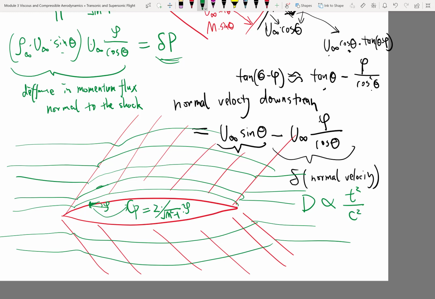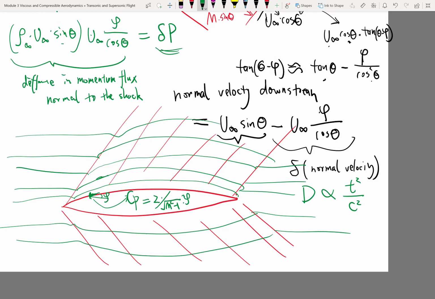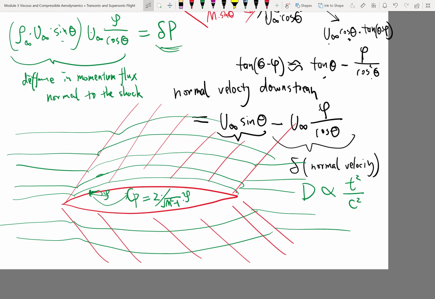All right, so basically these are the fundamental principles of how you do the basic analysis at supersonic speeds: you can correlate the pressure with the flow angle. And the flow angle relates to the geometry of the airplane. Now from the pressure, you can integrate and obtain lift and drag. All right, and in a certain sense, this is actually a lot easier than subsonic flows. It's actually more intuitive, right? And